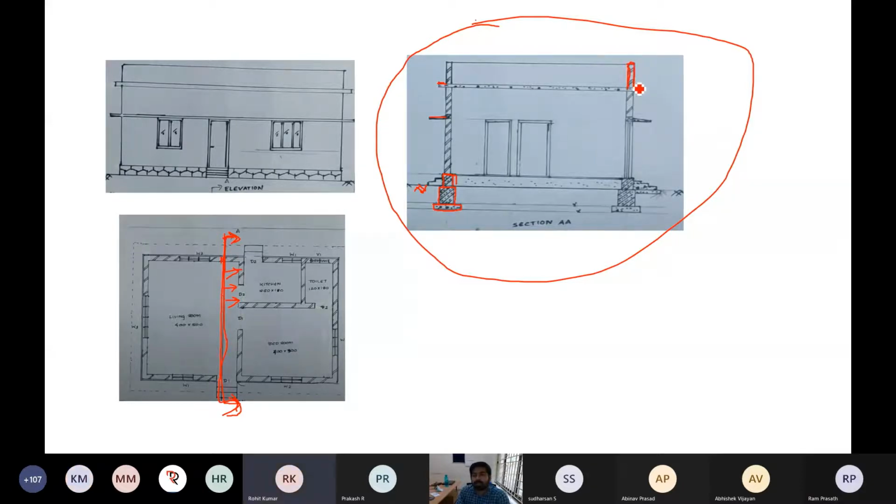Extended to a certain height to prevent, it's a kind of protection that you can say. Normally it's not compulsory. Some houses it will be there. Parapet wall, 1 meter height or 80 centimeter height. One wall should be there, a small wall of small height. So that is parapet wall. Most probably it is 80 centimeter or 1 meter, maximum 1 meter. In some cases it may be up to 1.2 meter also.